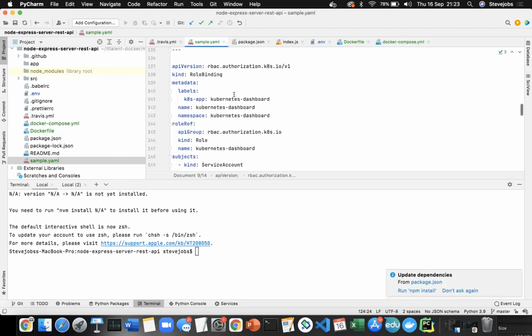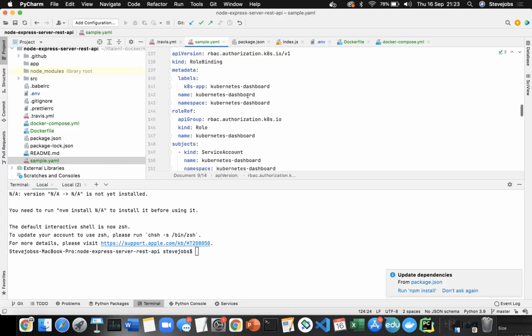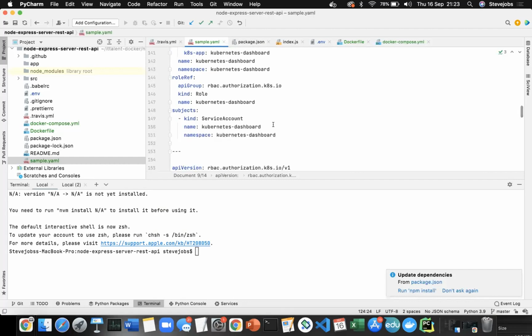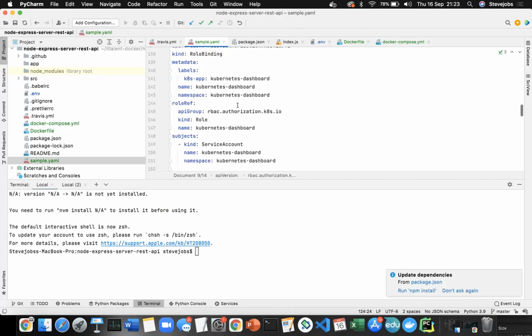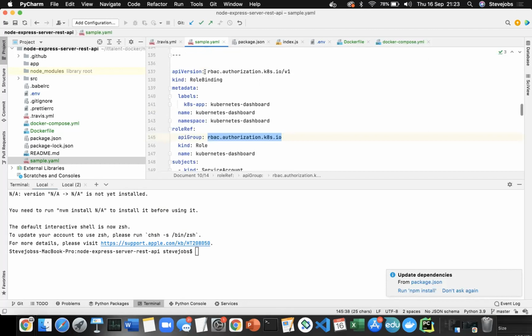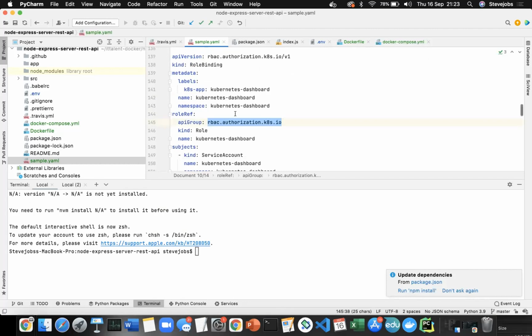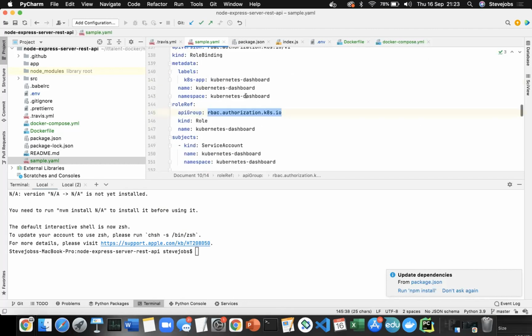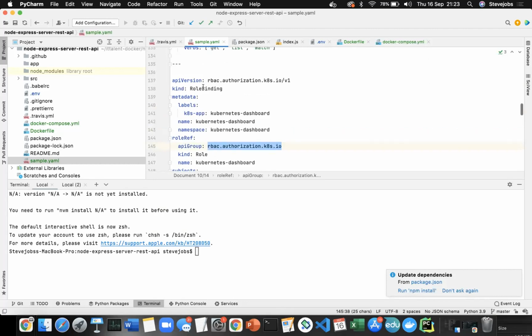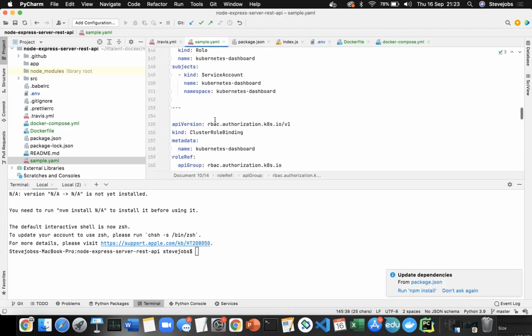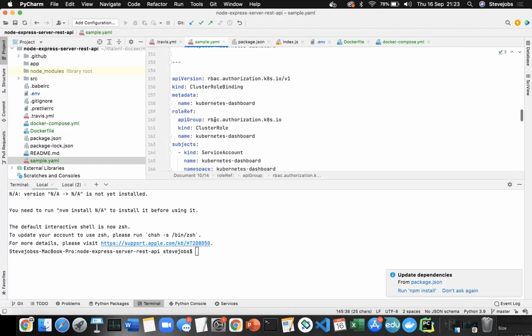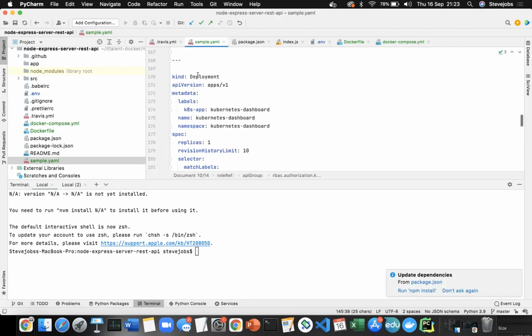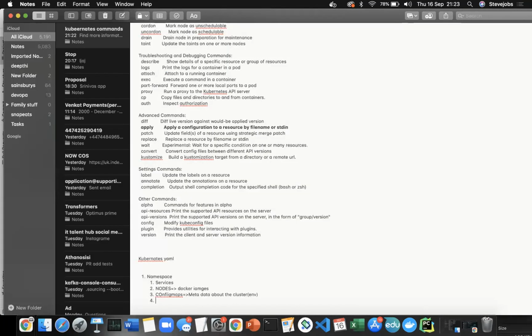The role here is for security purposes. There is something called an API group called authorization, so we can use some authorizations also. Don't worry too much, but you can have multiple services like role binding, cluster role binding, and deployment. Deployment is also very important. Deployments will have the information about